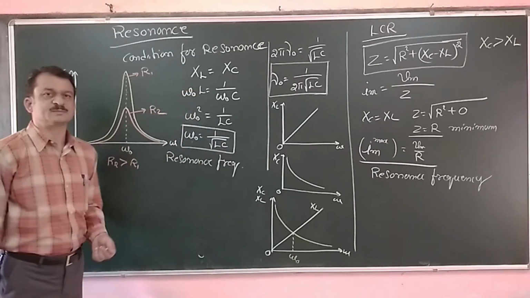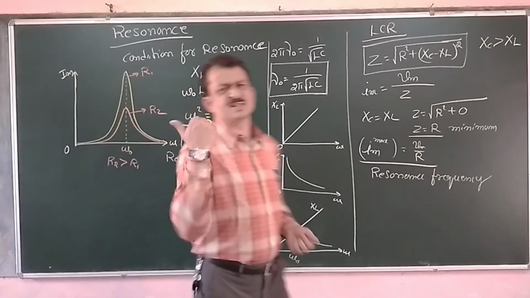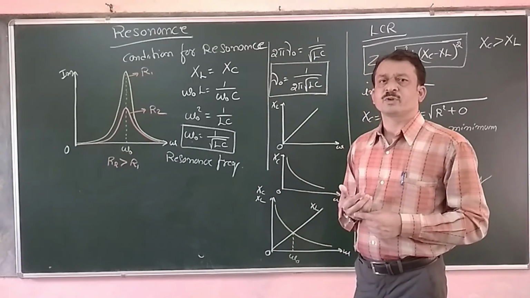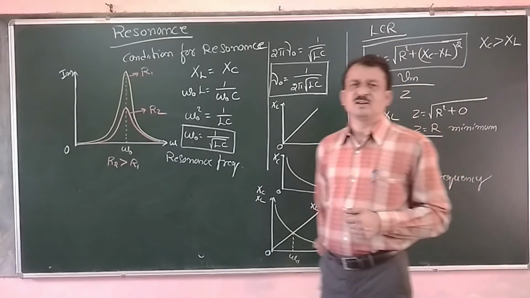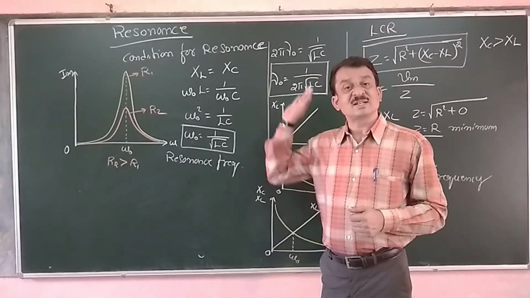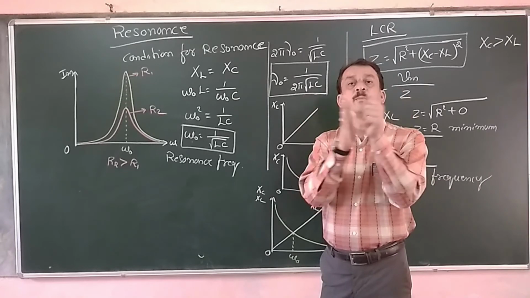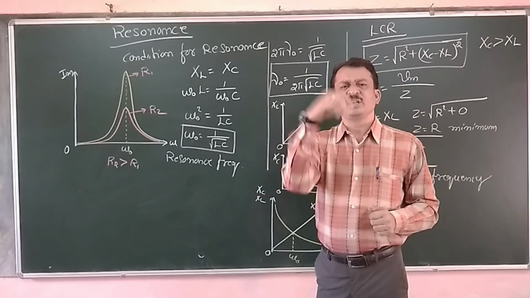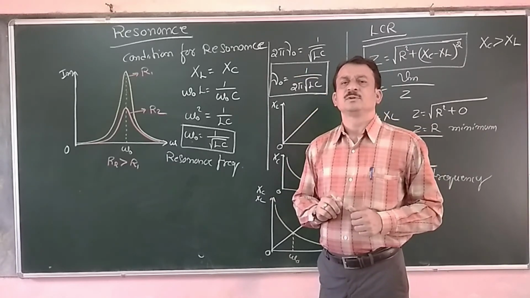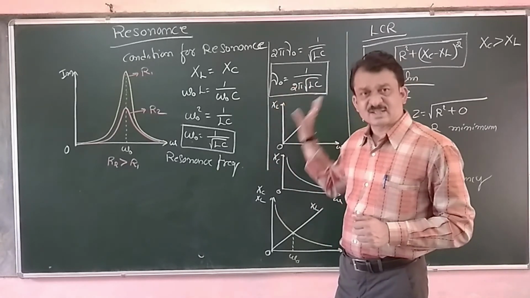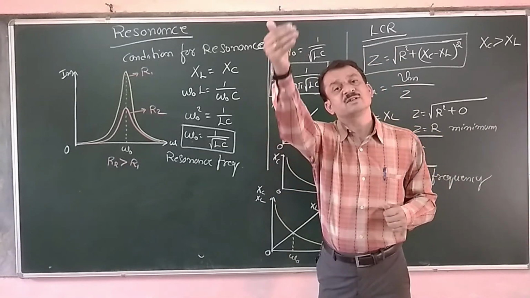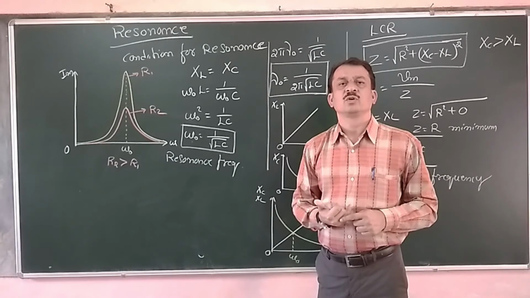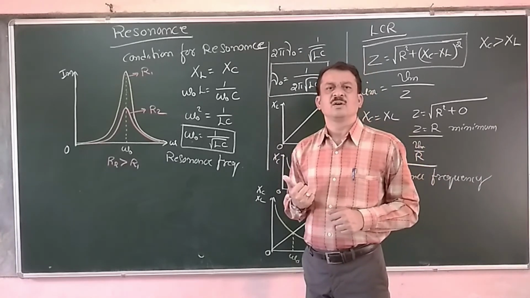Now, what is the use of this resonance circuit? We use this resonance circuit as a tuning circuit. While tuning a radio, we vary the capacitor value, that is, the distance between the two parallel plates. As and when a particular station is picked up, the frequency of the LCR circuit matches the frequency of that radio station, the signal is received by the radio, and we can hear the voice.